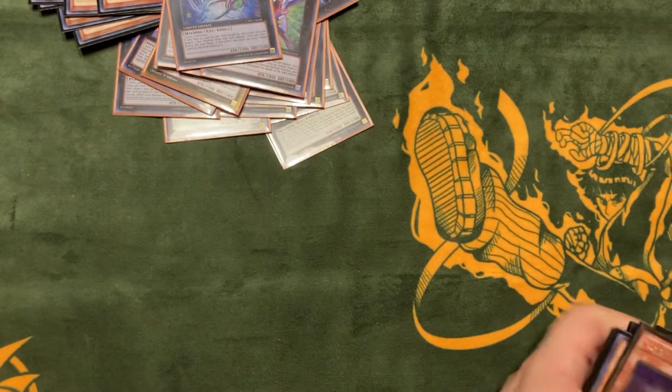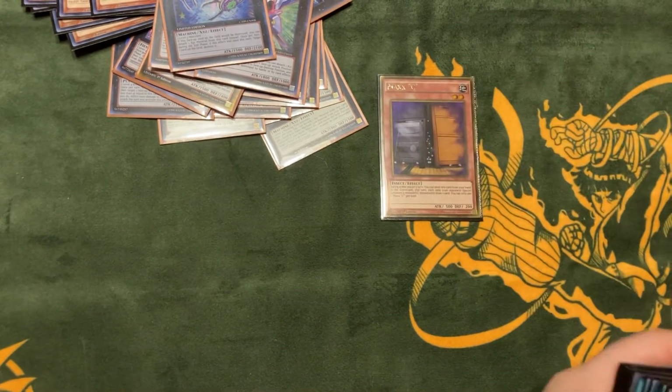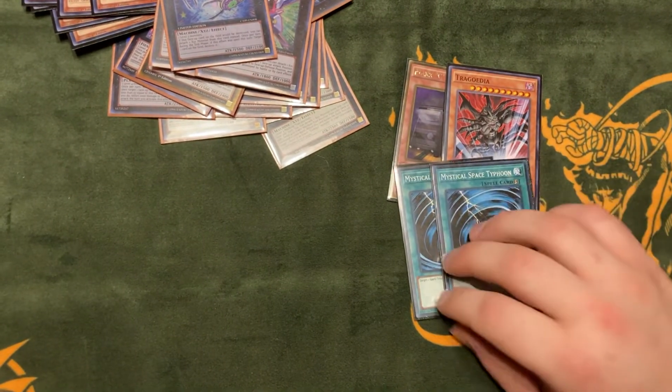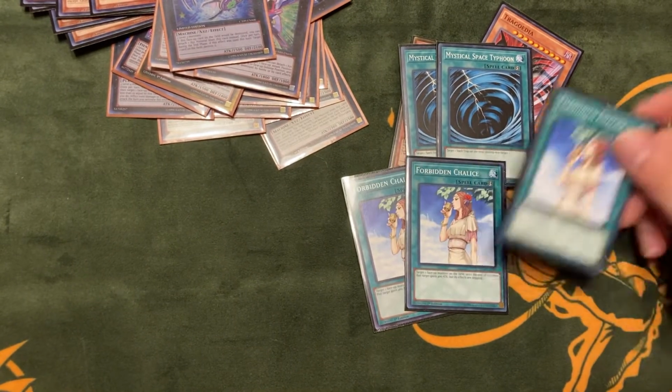And then I threw together a side deck. It's not a crazy side deck or anything, but it's just what cards I had. So I had 1 Maxi, a Geargia, which I actually summoned today, 2 more MST, 3 Chalice because this gets around wiretap,